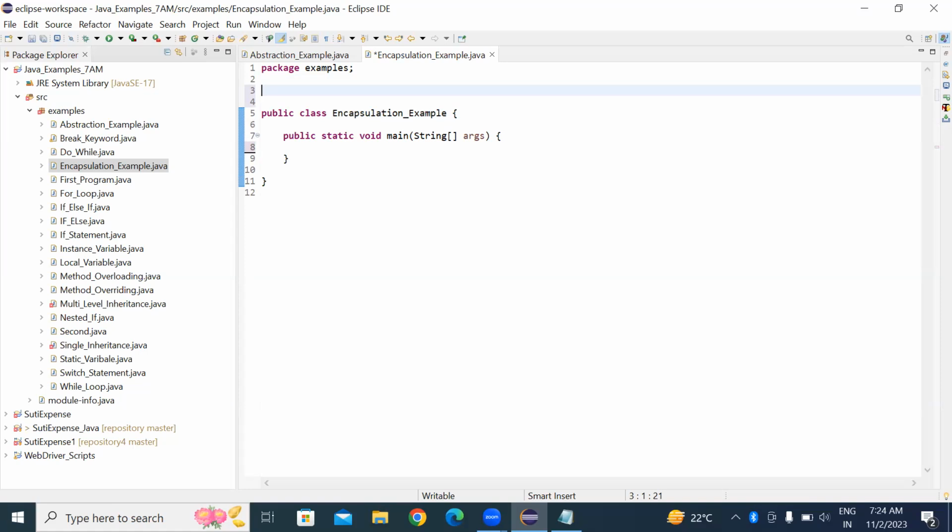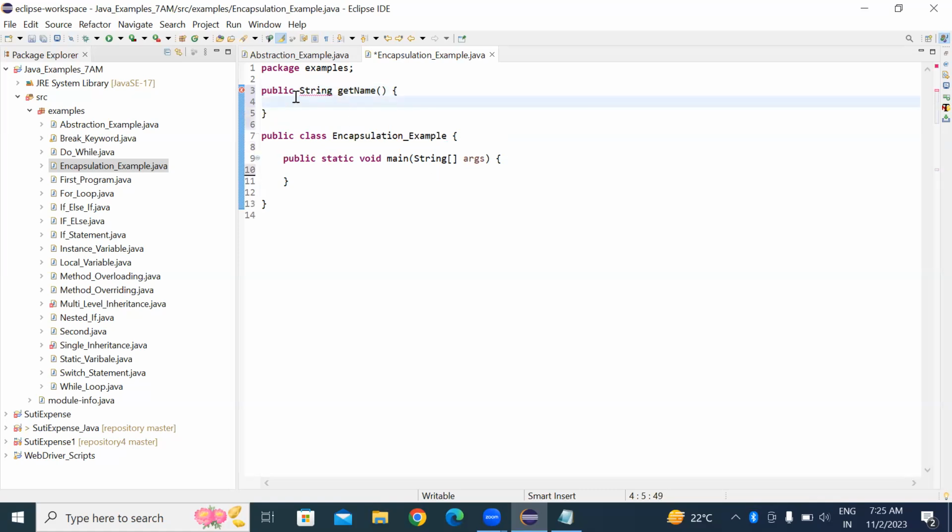Okay, first I am going to get the details. First, the name means a string value. Yes or no? Name means string value. Yes or no, guys? Yes, sir. Okay, now I am going to give any name, anything is okay. I am going to get the details. Okay, public string,